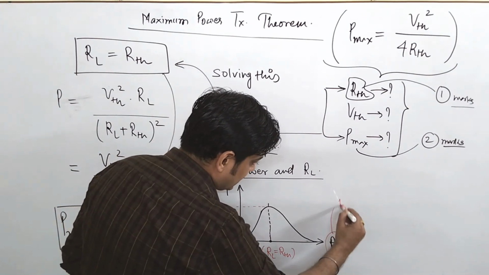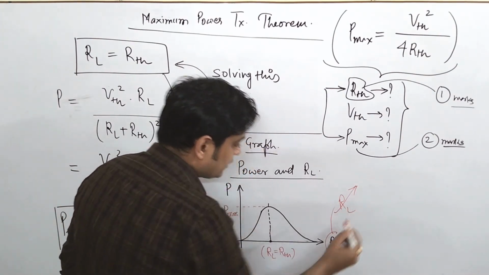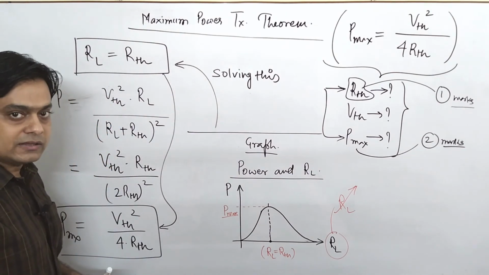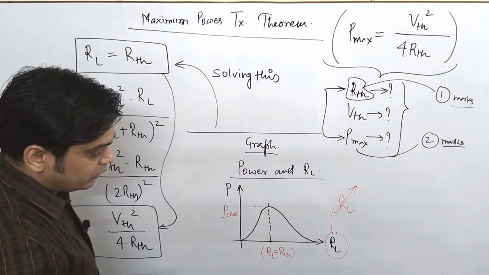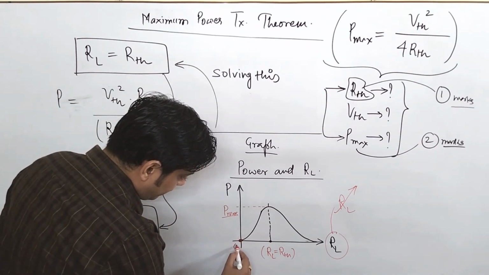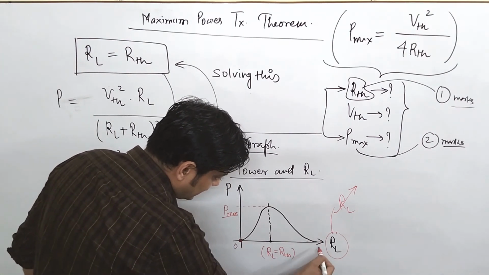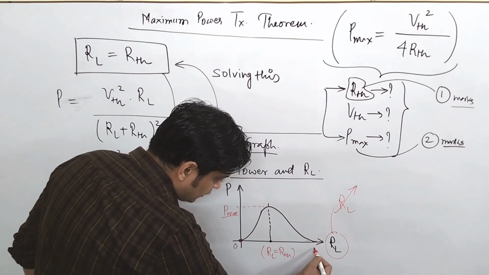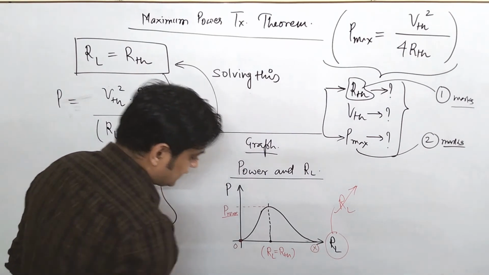As I said, RL is basically a varying load resistance. So when you are changing the value of RL from 0 to some value, say x,